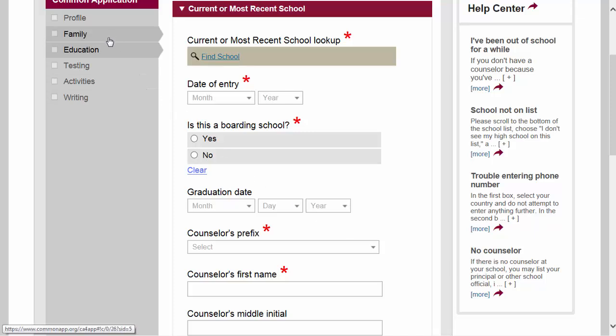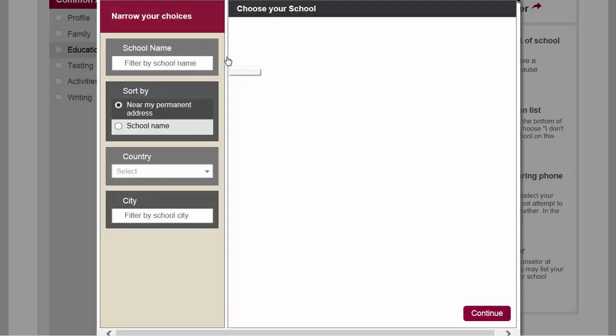We're now on the education section of the Common Application, and this is a pretty important section to fill out. This provides information to the colleges about where you're currently going to school. So it's important that you are able to find your school using their little lookup tool. So I'm going to click on Find School,